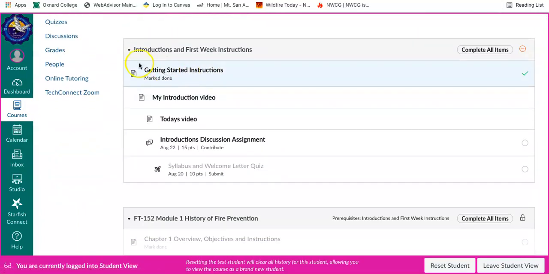The things that we have done, okay, because you have marked this as done, you've looked at this page, you've looked at this page. Now I might change this to mark as done, so if I change it, it'll say that you have to mark it as done. Now we can go as far as clicking on the introductions assignment, but you can't do the quiz until you've done the introductions. So then you go to that,